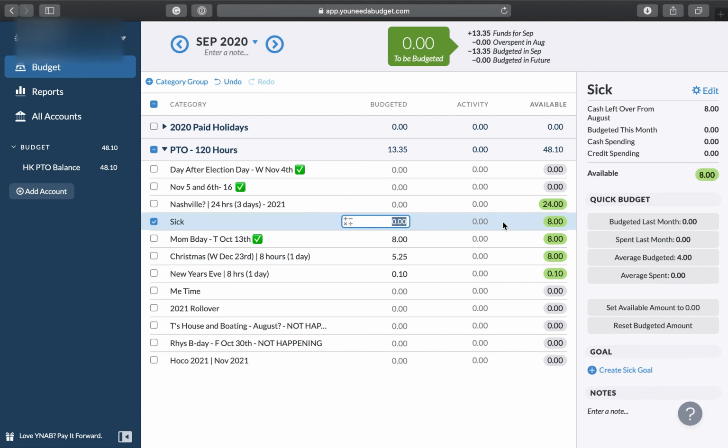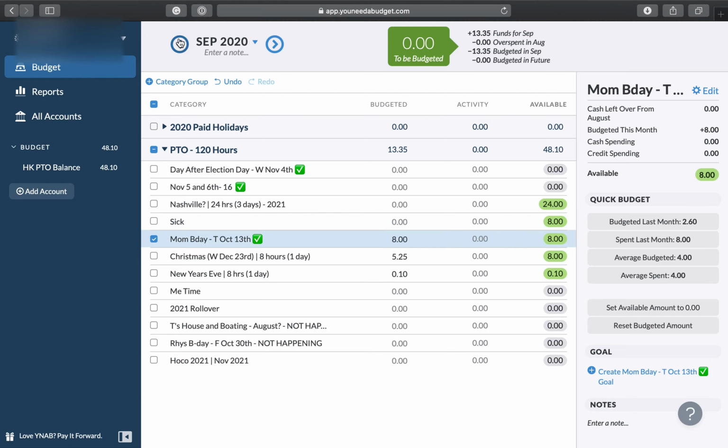And the other thing is, if, for instance, you see here I have 8 hours in sick time, if I actually end up taking 2 days, if I'm sick for 2 days, that means I would need to move money around. Or I keep saying money, I would need to move hours around from other categories. So,